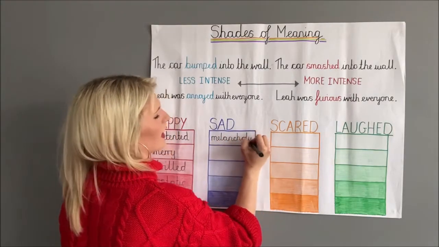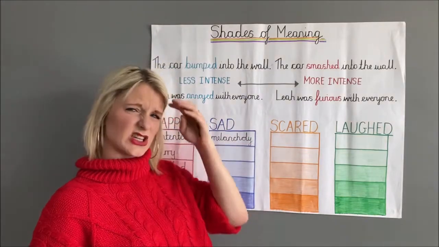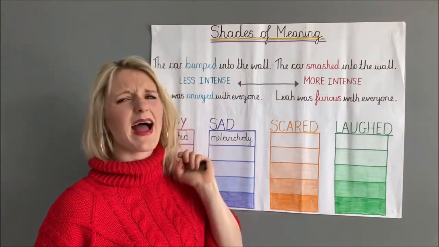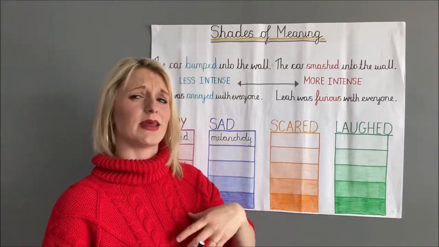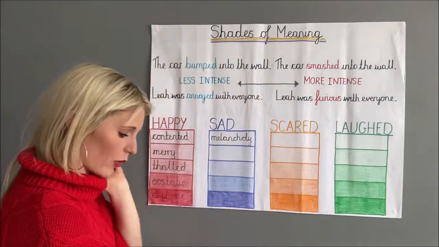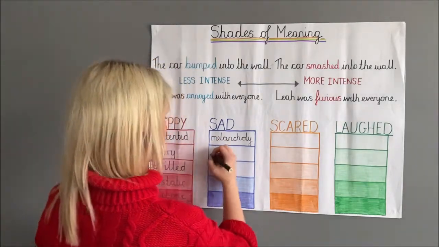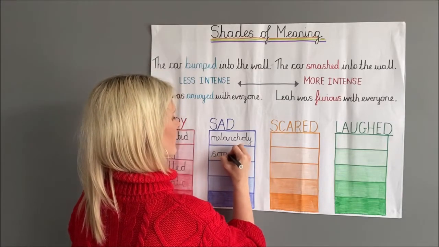Okay, if you're feeling melancholy, you're thinking back on something that's happened and you might be sort of happy but a little bit sad about it because it's happened and it's gone. You're feeling a bit melancholy. So that was my first one there. I didn't think that was so intensely sad. Then I went for the word somber,